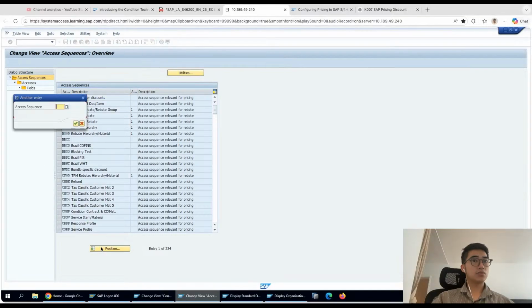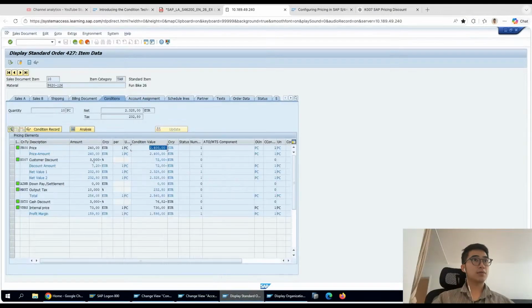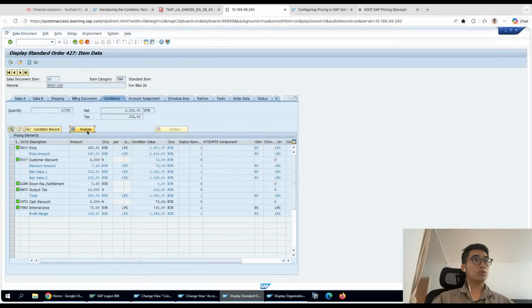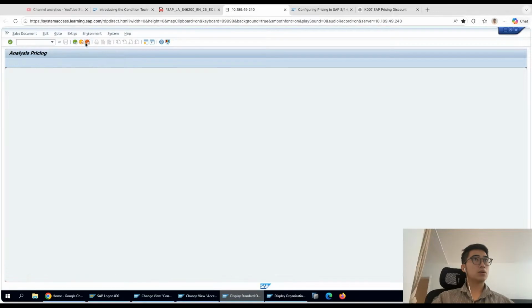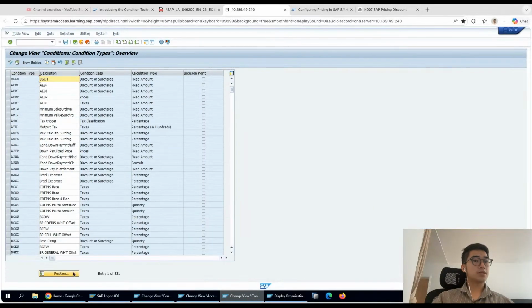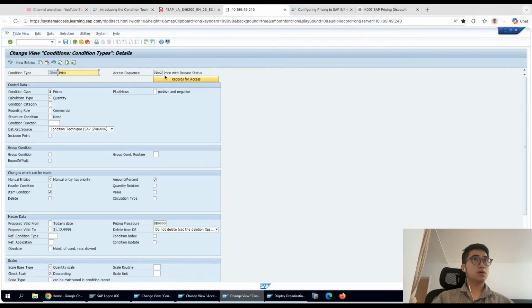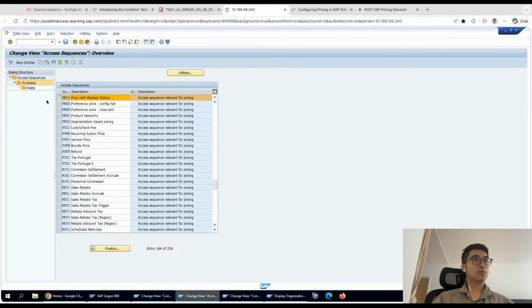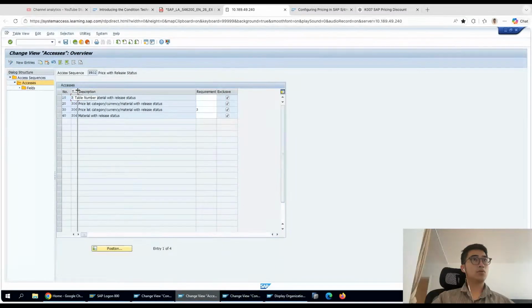And if I go to, for example, the access sequence for PR00, I will be using PR02. This is the price with release status. I'm going to select this and go to access. You see here all the tables